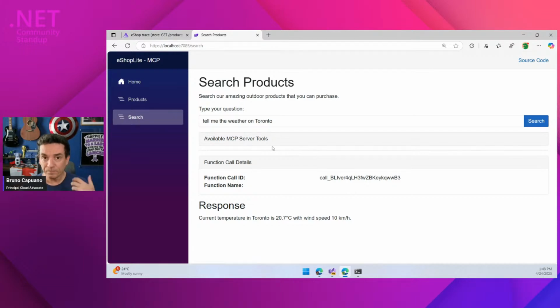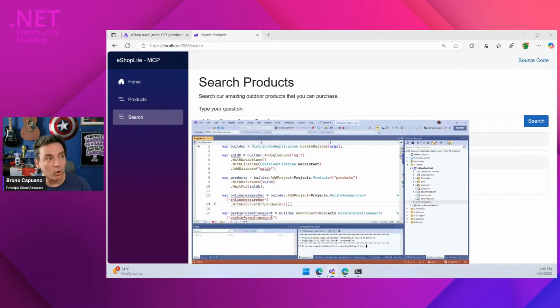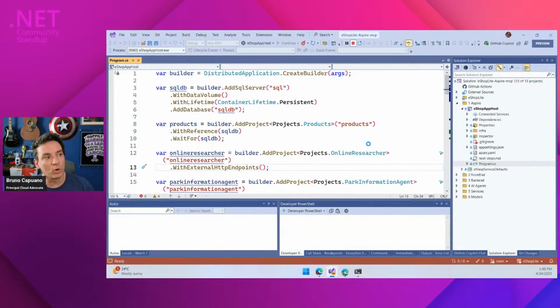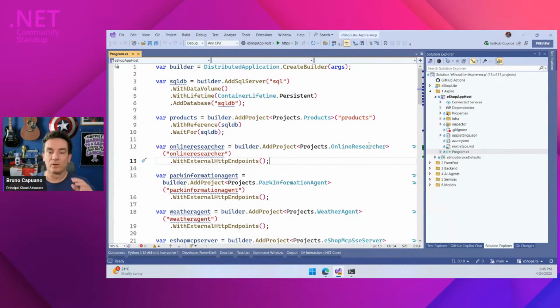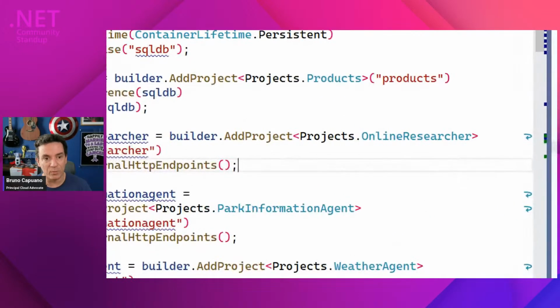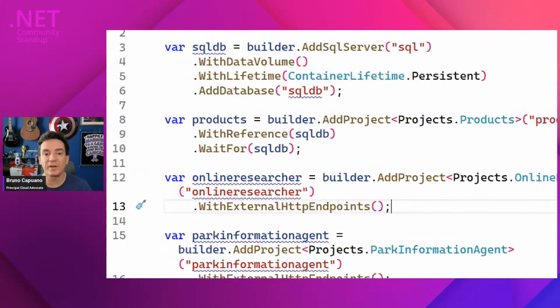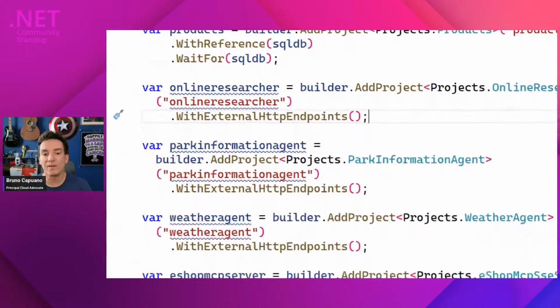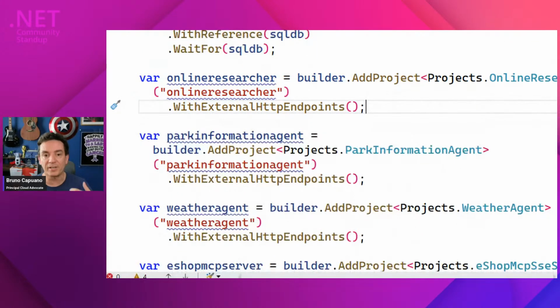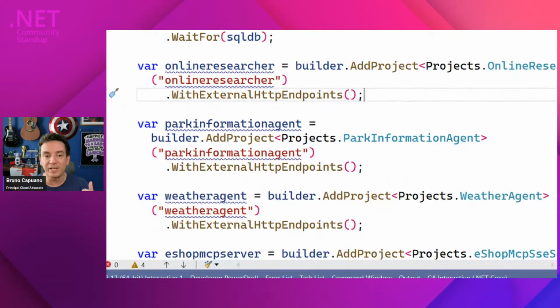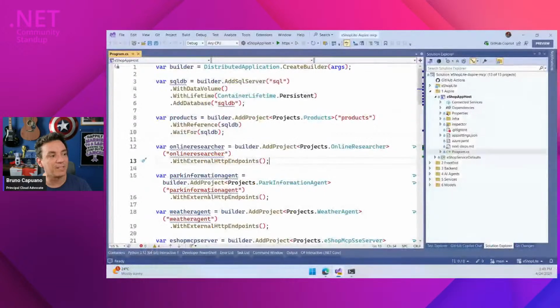Of course, if we go back to the code and stop this, everything is orchestrated and managed under Aspire. So we have here a set of creations of elements. Here we create the database first, then the product, then we have an agent for online research, a park information agent, a weather agent. We have the server.